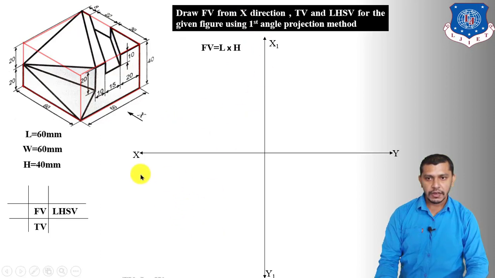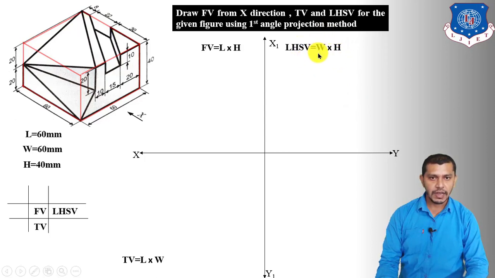Below the front view we will get the top view and top view will give us the length and width of the object, and in the right hand side of the front view we will draw the left hand side view, and left hand side view will show us the width and height of the object. Now we have to start drawing the front view, left hand side view and top view of